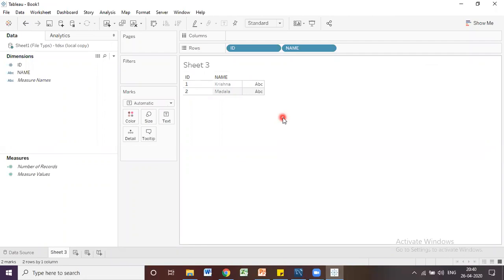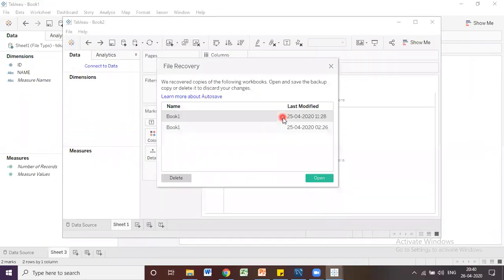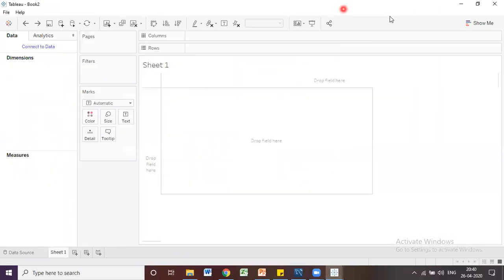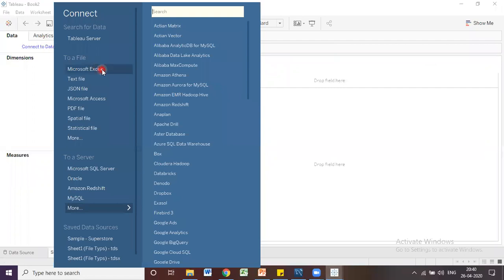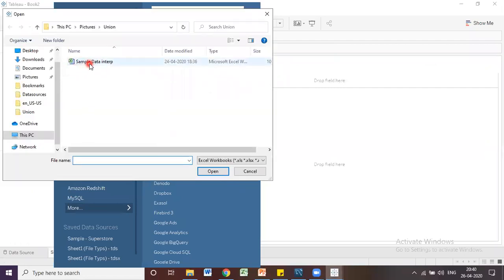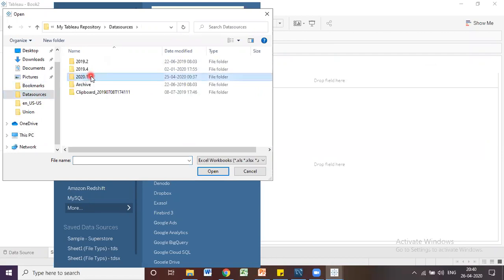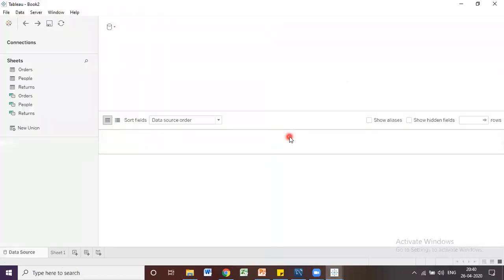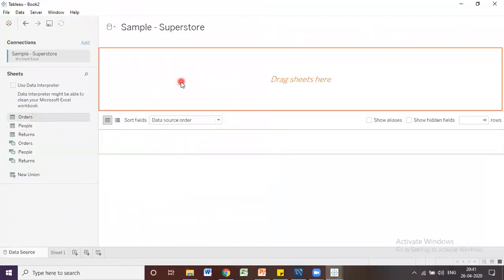As I said, this bookmark is a reusable component. I can use it in different reports. Now, for example, I have connected to one data source. Let me connect to another data source. Let me connect to data sources 2020.1. I am going to connect this Excel file. Yes, now I'm dragging the orders.